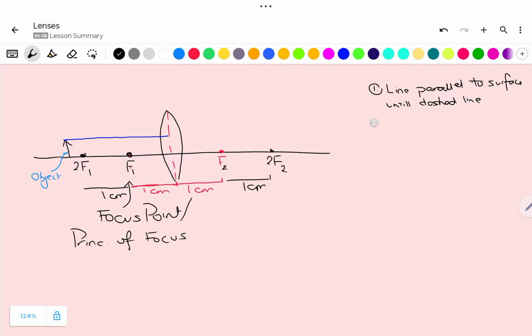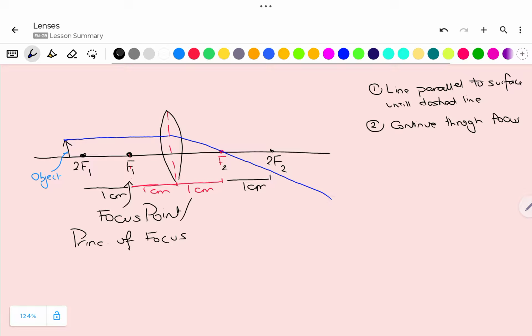Step number 2, continue through focus. So that line that we drew, we're going to continue it by passing through the focus in a straight line. Okay,